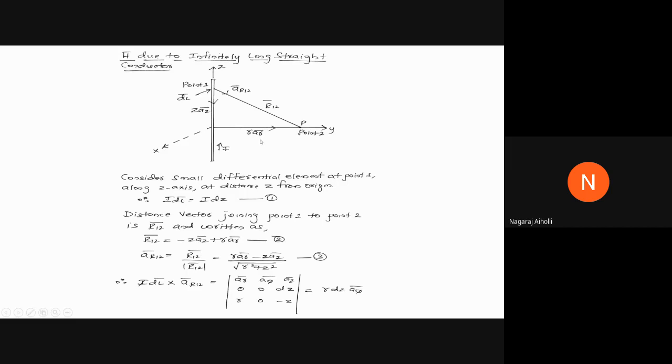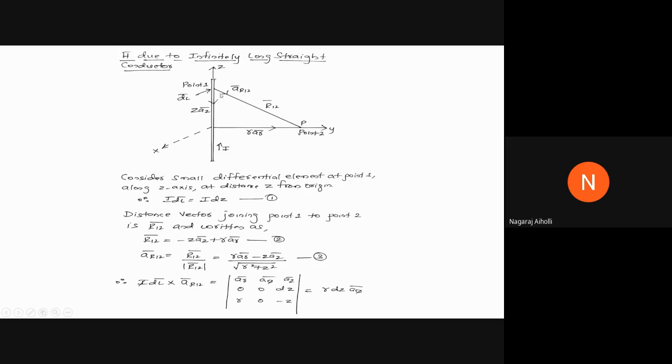Radius vector AR bar. Hence the total vector is given by the magnitude times the unit vector, that is R AR bar. The distance R12 bar is given by the magnitude along the Z axis, which is how much? Can you all tell me the magnitude along the Z axis? What is the magnitude along the Z axis?